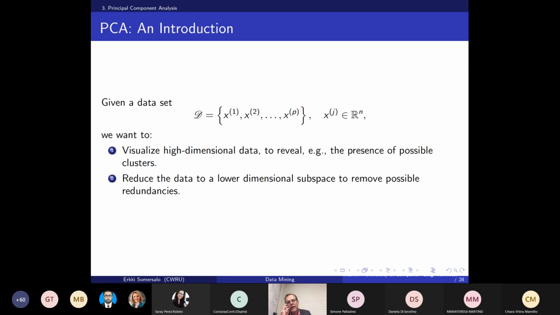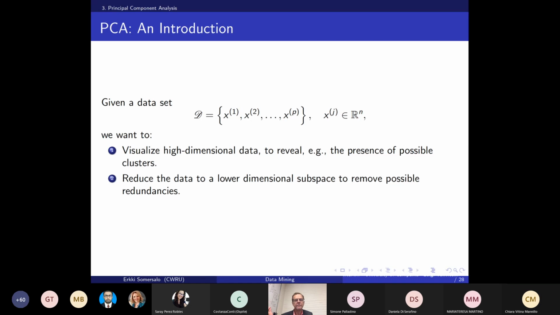And so now I'm asking a couple of questions. So first of all, is there a way to visualize the data in a lower dimensional space so that we could detect if there are, let's say, clusters or lumps or structure in the data in general? So can we somehow look at the data in a visual way? And of course, if you have n-dimensional data, it's really hard to imagine how the data looks like when n is large. So probably we'd like to have some sort of projection of the data to a lower dimensional space. And we should choose that lower dimensional space in such a way that is as informative as possible.